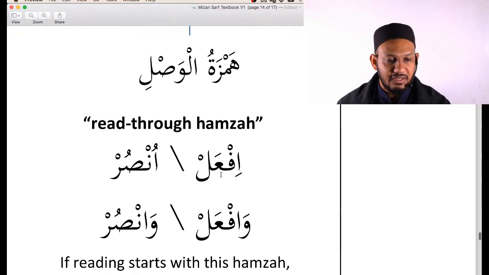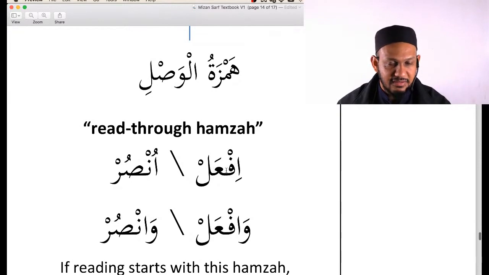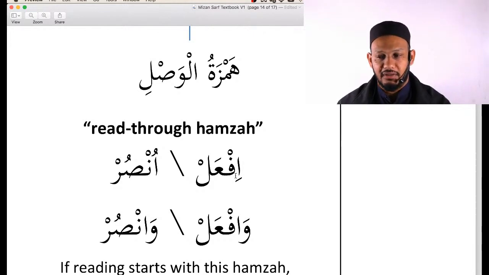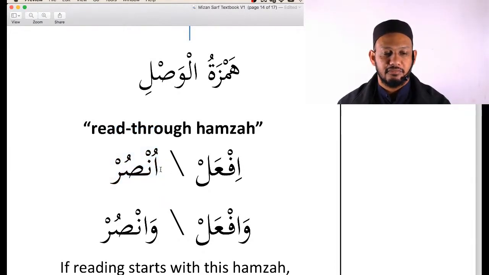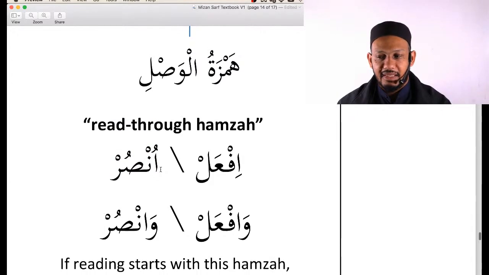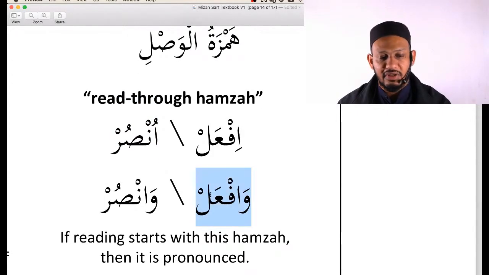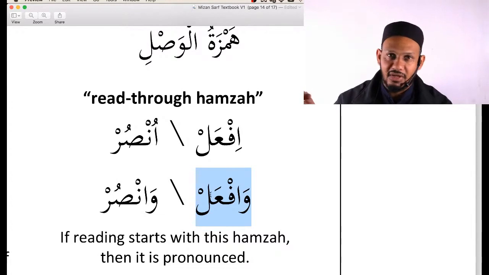So in this Hamza, if it looks like this, with nothing before it, a blank space there, I say if'al. You with me? If'al. If I have nothing before this one here, I say unsur. But if there is a word or a sound before it, like I'm reading the Quran fluently,